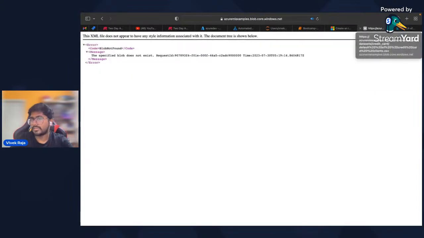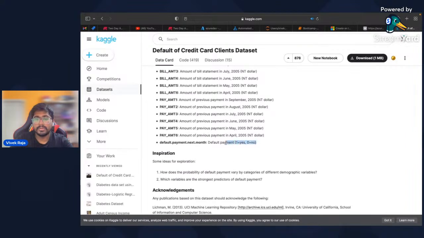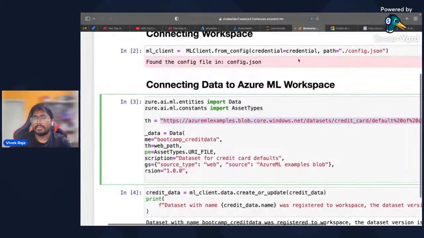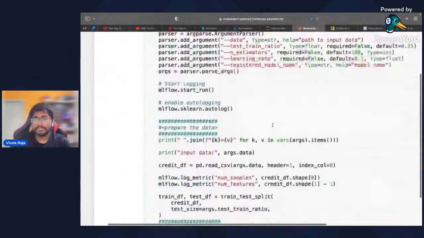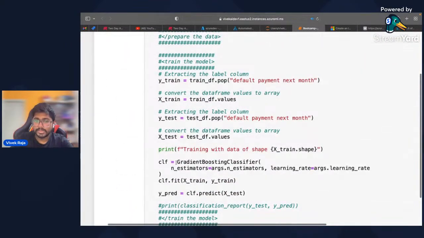It's a classification model. At the end of the day, you're going to say whether the person is going to say yes or no, whether the person is going to pay the amount or not. That's the prediction we are going to do. Coming back to the model, you can use any classification model that you want. By default in the sample, we are just using a gradient boosting classifier. You can use logistic regression. Any model that satisfies classification works, and it's even better if you take a binary classification model, because we are just going to predict yes or no. Yes, Rahul said it, it's a classification problem.